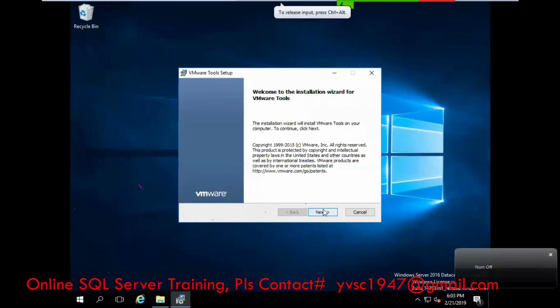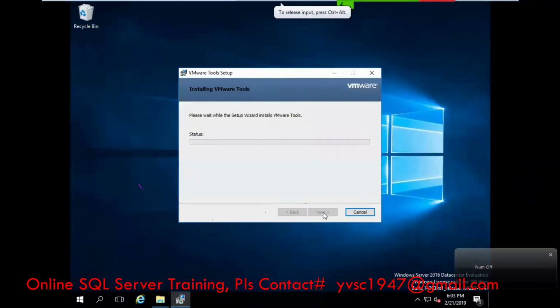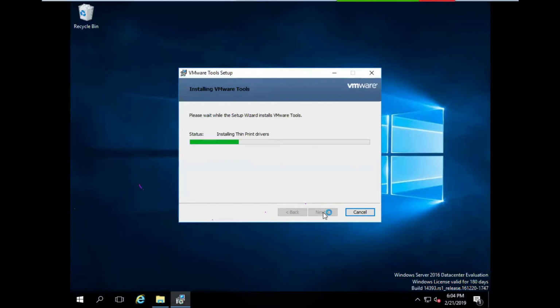That's it. Go for next. Just blindly you can install. It's just a small piece, and automatically you'll come to know the difference if you install VMware Tools. Like Wi-Fi drivers will be there, right? If I want to do that in Windows 10 or 8, same like this.